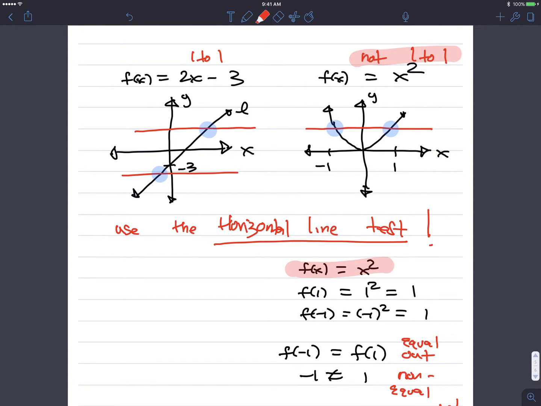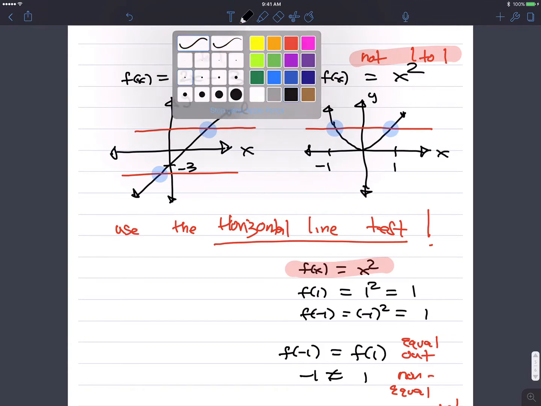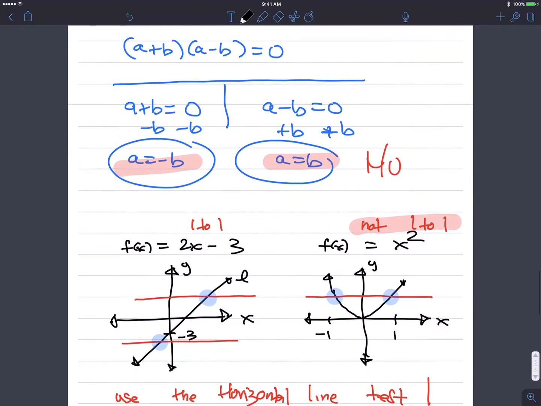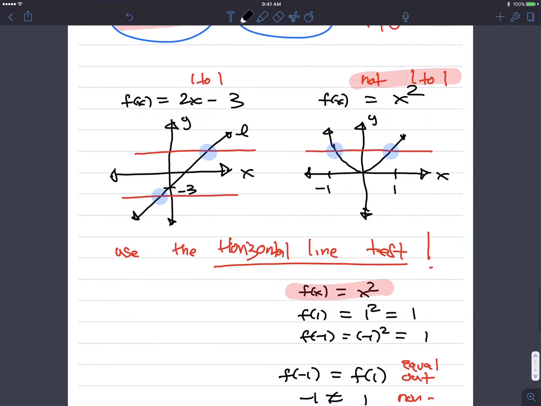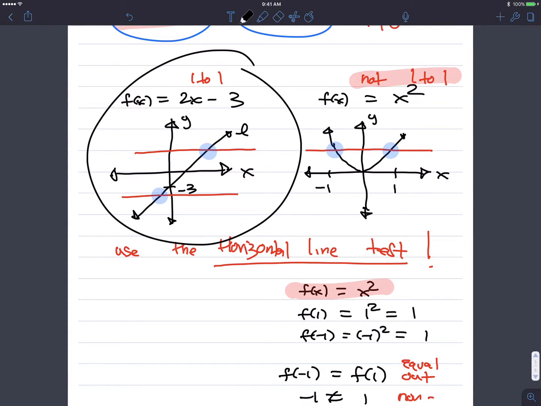So the key is to draw a curve, okay? That's what we're going to go with. So we could have drawn a curve here, 2x minus 3 right here. Use a horizontal line test, we know it's 1-to-1. And that was number 1. Now go to number 3. Number 3, we're going to say this to you guys. You get x plus 3 squared. This here,